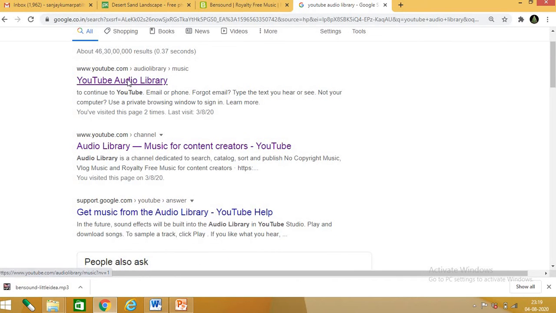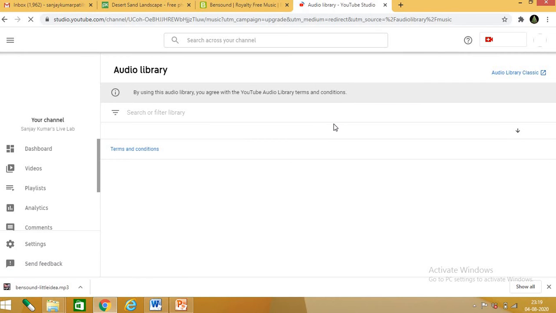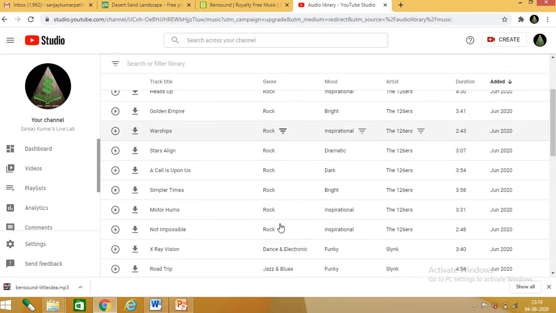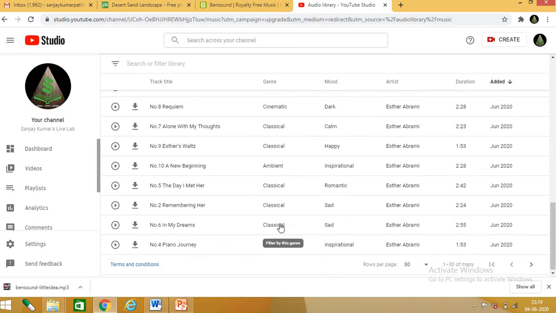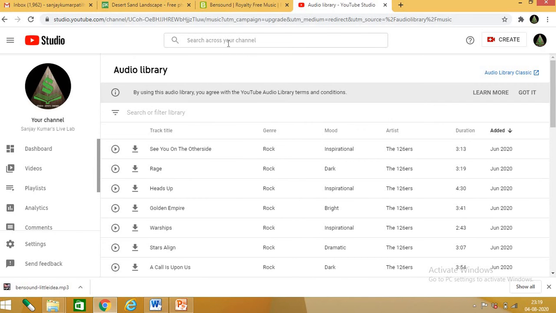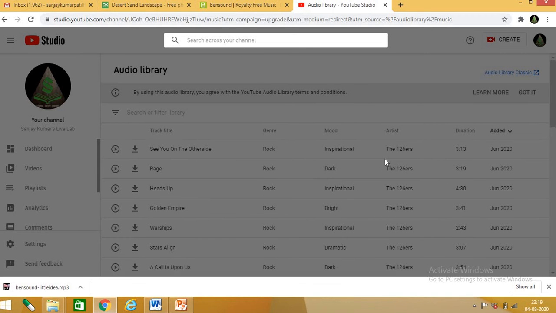It is also freely available. So these are the tracks which are freely available. Search whatever you want and you will get it.